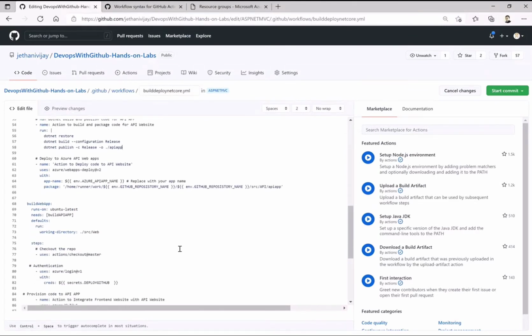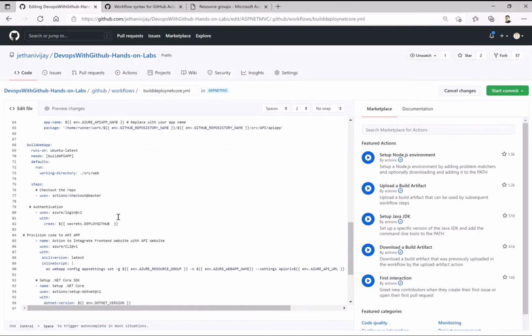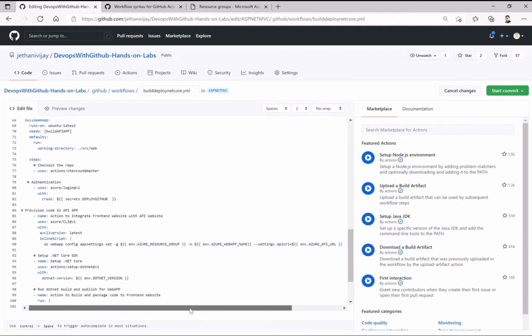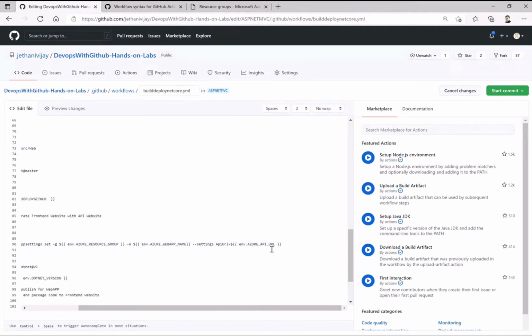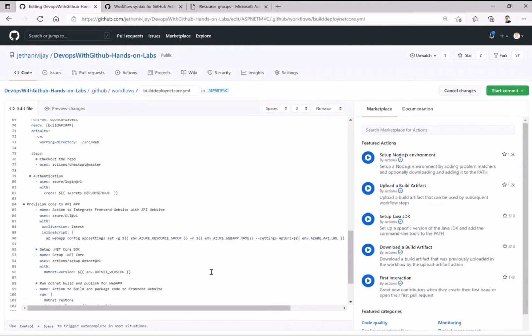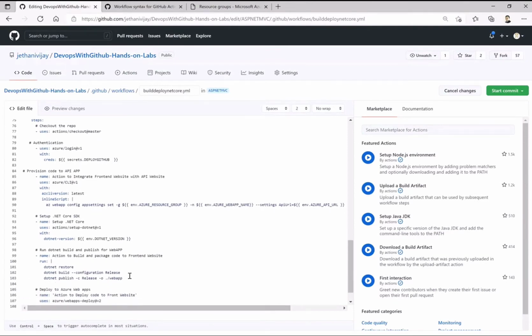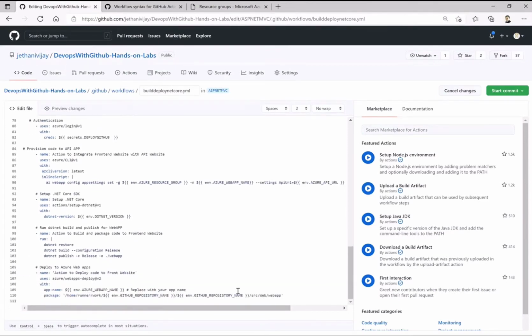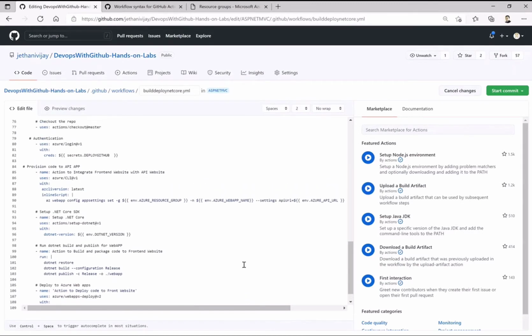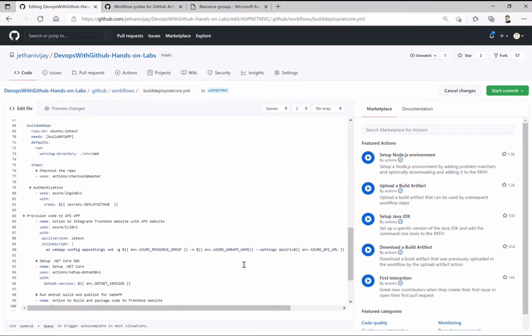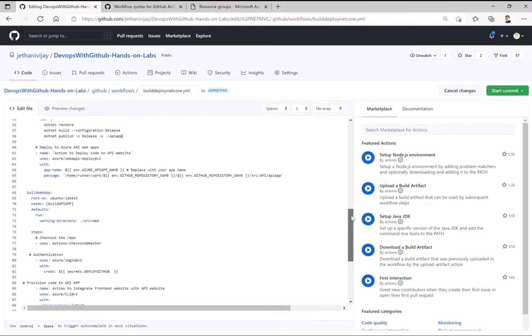Similarly, the same part which I'm doing is for my web app, exactly the same thing. And here the only thing is, instead of updating the connection string, I'm updating the API URL, because my front end website has to go to an API and ask for the images stored in the storage account, or when my image is uploaded, it will take the path of the API and then go and store in my storage account. Okay, so this is how our architecture is. Similarly, I'm just building that code and deploying this on a web app. So this is how I'm configuring the web app and API app with respective code.